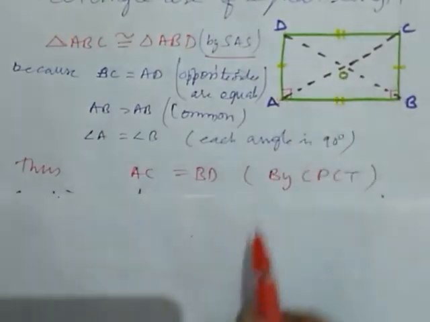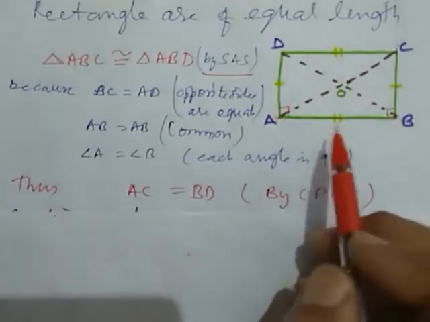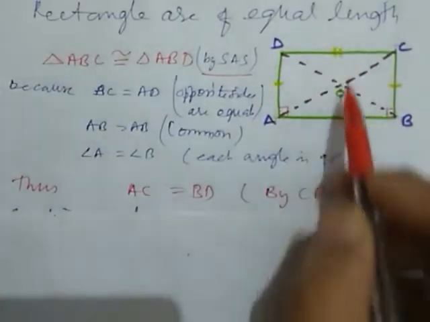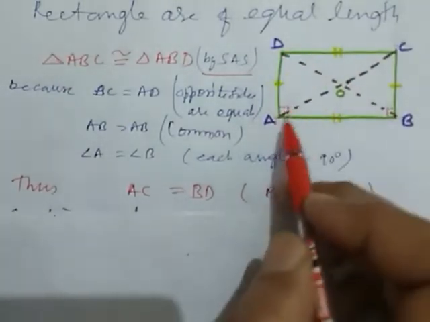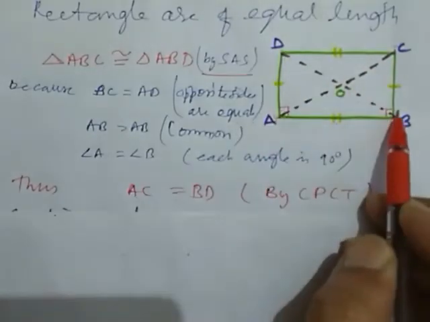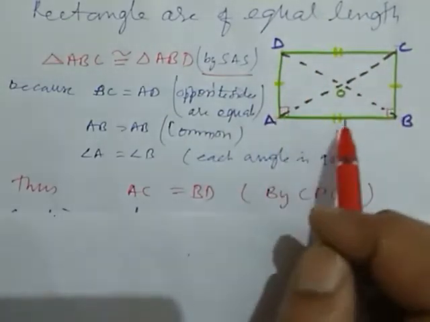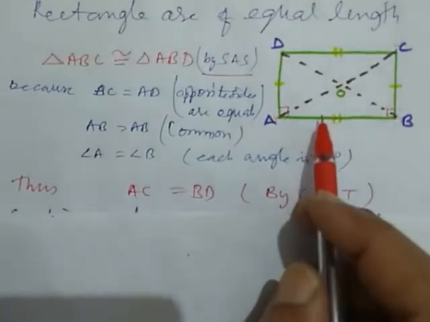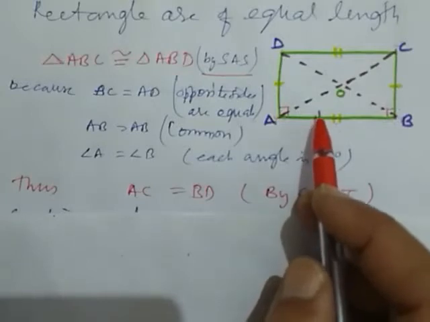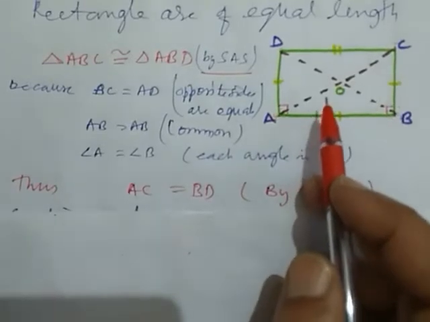So, what are the characteristics of a rectangle? Two sets of parallel lines, opposite sides are equal, all the angles are equal and are right angles, and diagonals bisect each other. These are the characteristic properties of a rectangle, and we have to learn and remember them always, because they are very essential to solve problems about quadrilaterals.